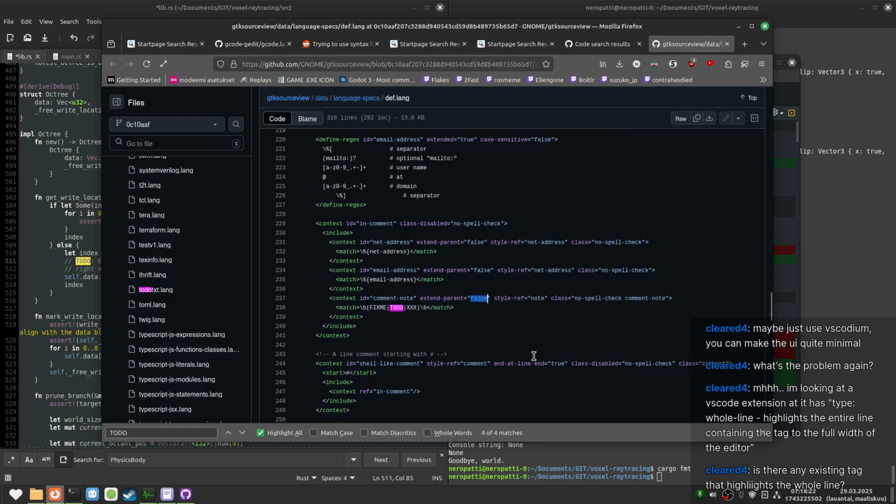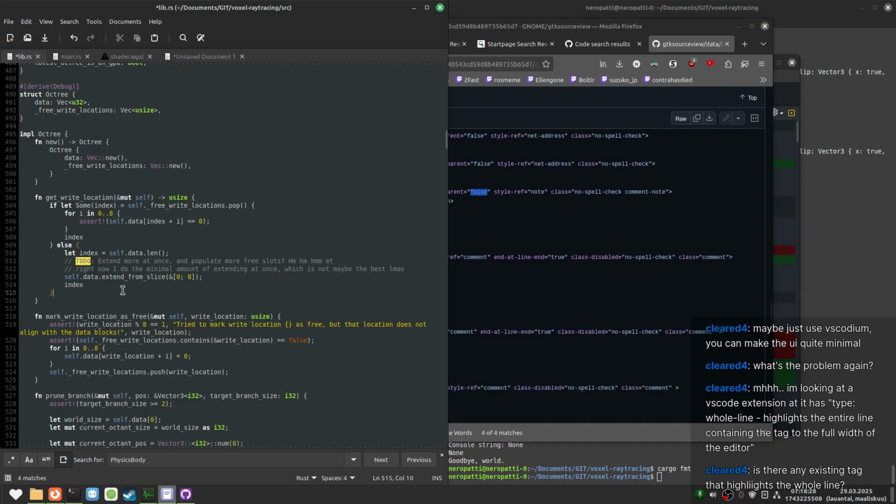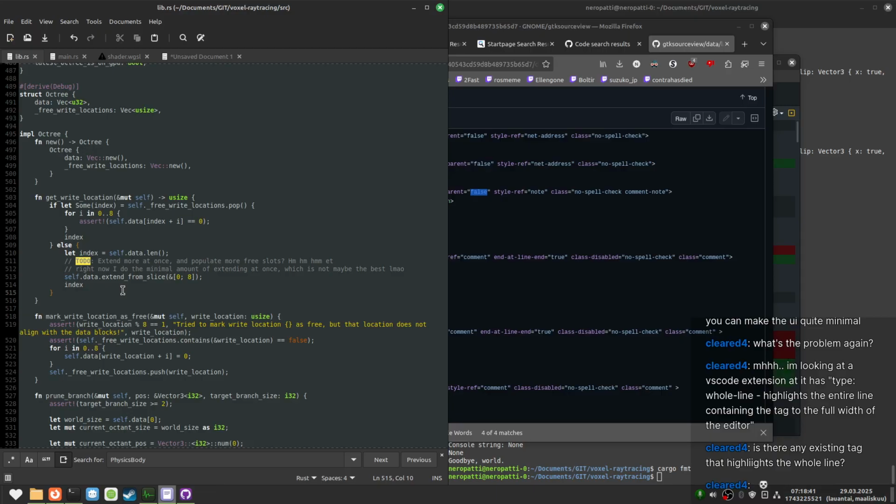Let me see here. End line end. Oh, yeah. Yes. Because we have stuff like this, right? This is just arbitrary highlighting, right? We can have block comments. That's the thing. We can definitely do this. It's definitely possible.